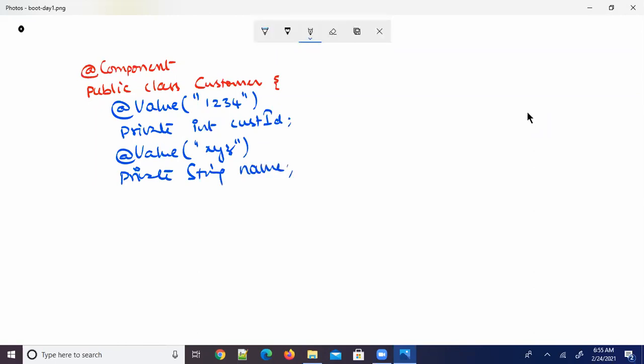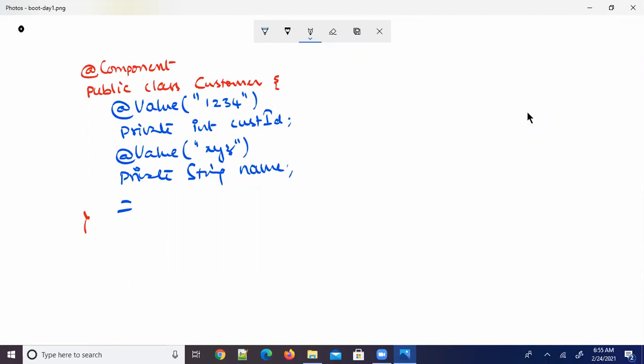So what this annotation at value will do, it injects. Now this annotation we can use at field level. I said already annotations can be used at class level, field level, method level, constructor level. That's what yesterday I told you. Now this annotation injects this value 1, 2, 3, 4 to this cust ID.